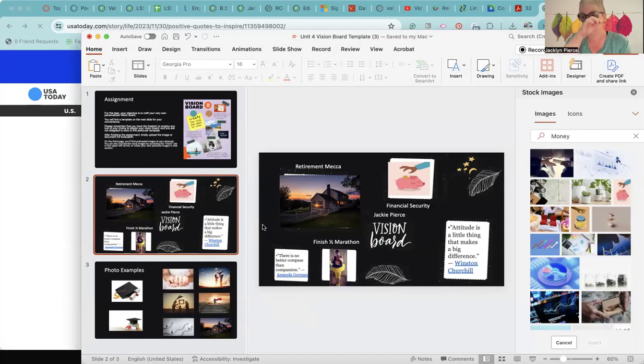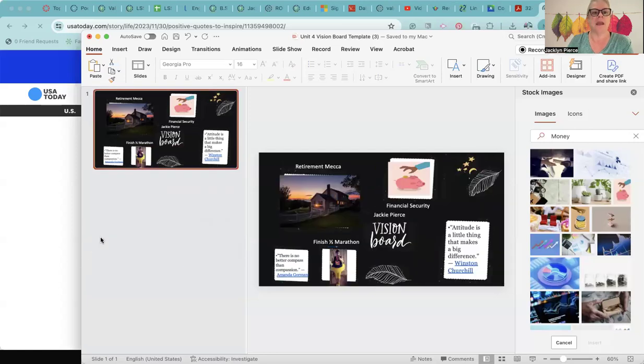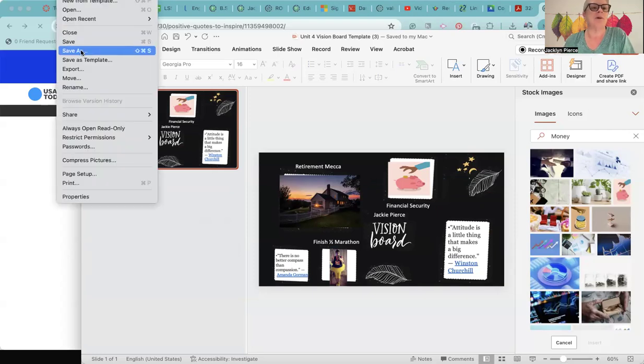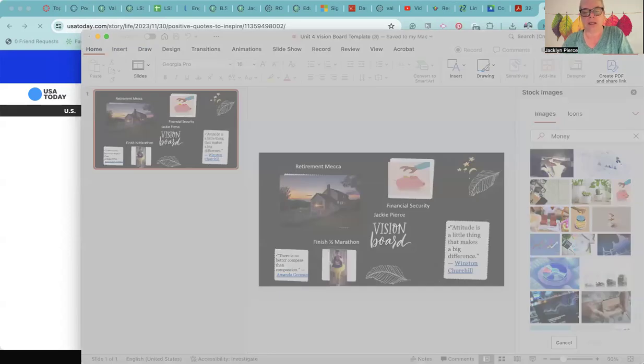Okay. Now you can get rid of this slide and this slide and just save the slide itself. If you don't, that's absolutely fine. As long as this slide is complete, it's good, but I'm gonna save it just by itself. So we're gonna put save as, and I'm gonna put JP Vision. Okay, under documents, and we will save that.